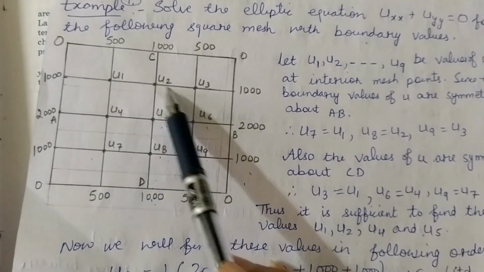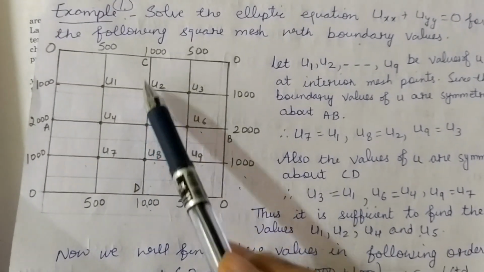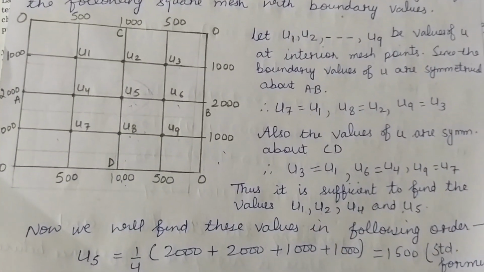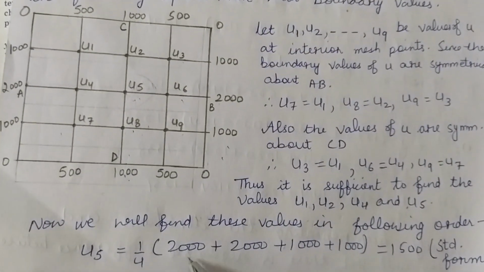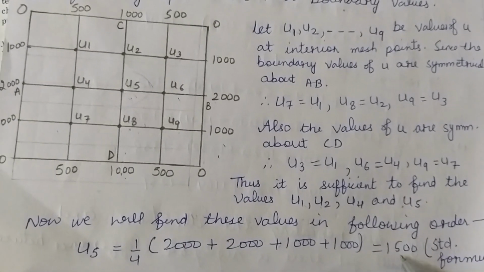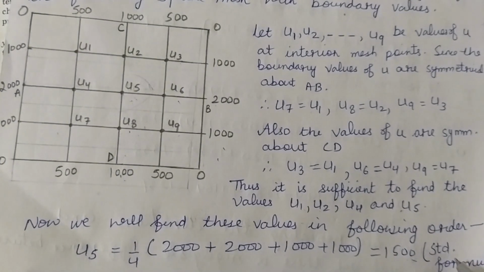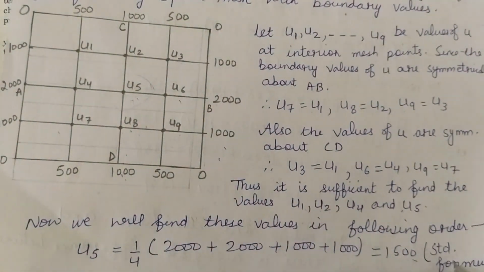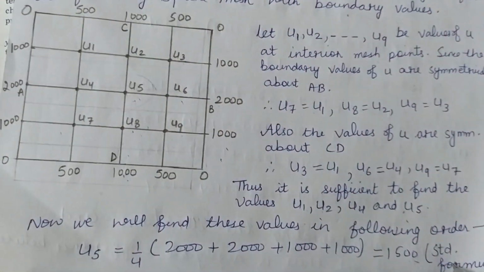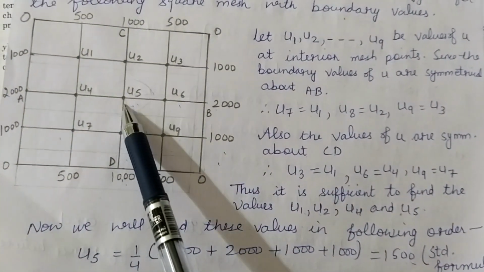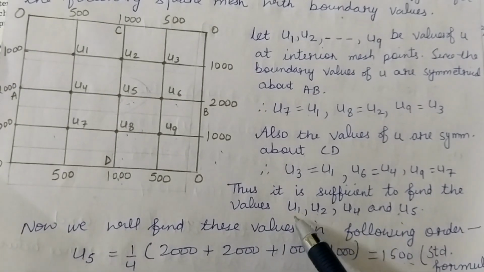I don't have any value for these. So I have taken two distances everywhere. By that way, I have calculated the value for u5 and this comes out to be 1500. I will mention here whether I am applying the standard formula or the diagonal point formula, I always have to mention it here. Okay, so after calculating this value for u5, now I have to find out the value for